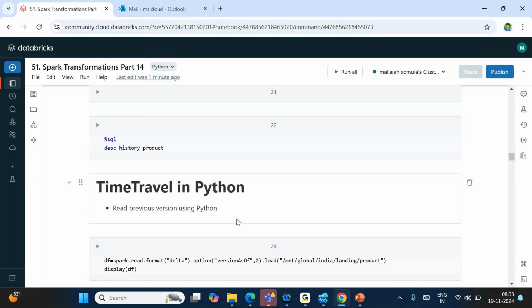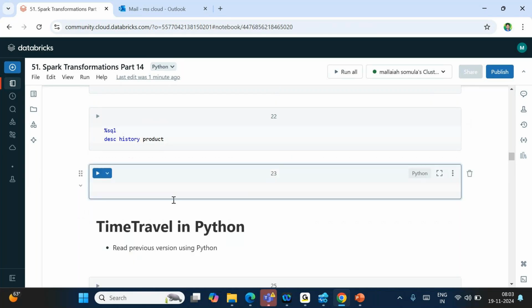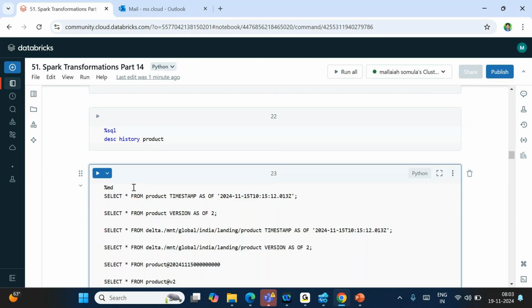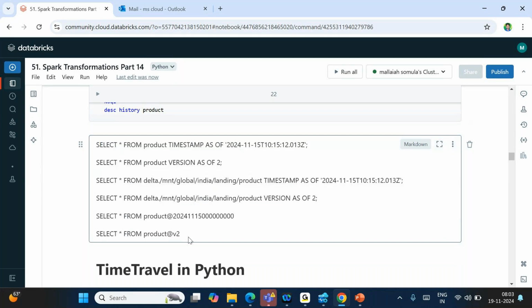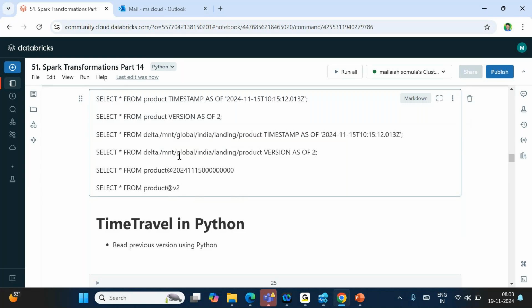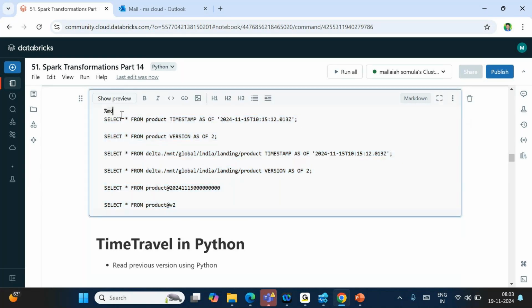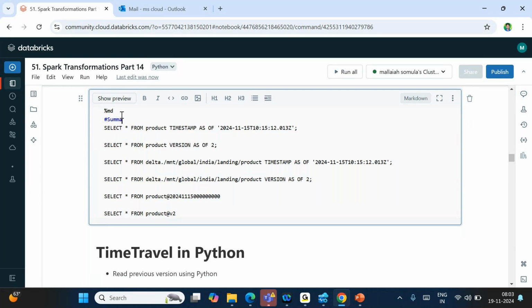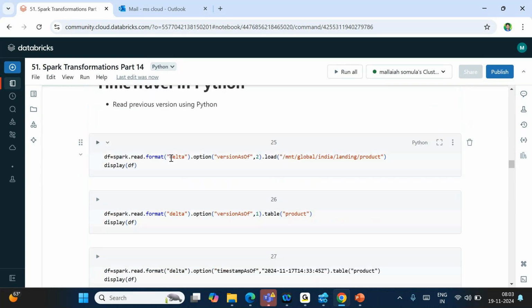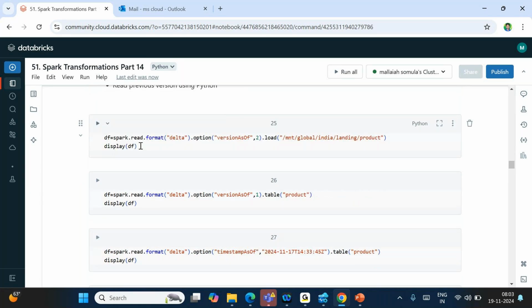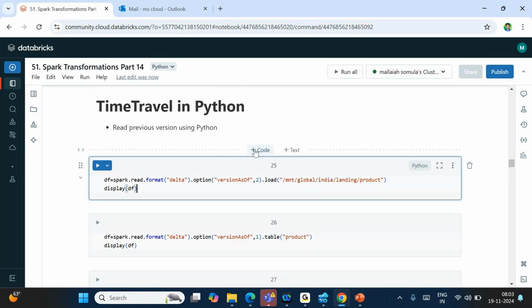Okay, now before I move on to the Python, let's put the summary points here. These are the 6 ways. The summary is these are the 6 ways we have learned today. Okay, fine. Now the same time travel we will see in the Python. But before I move on to the Python,